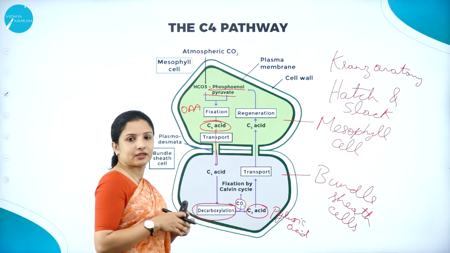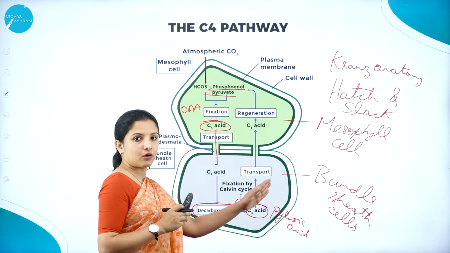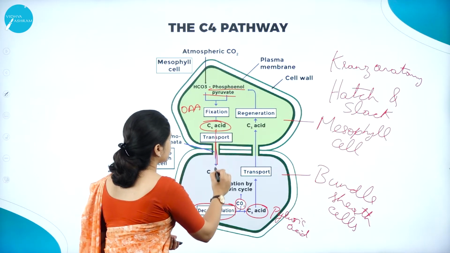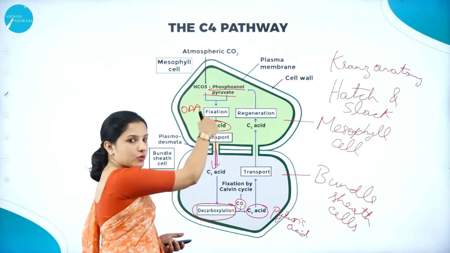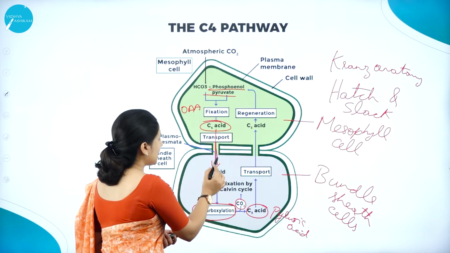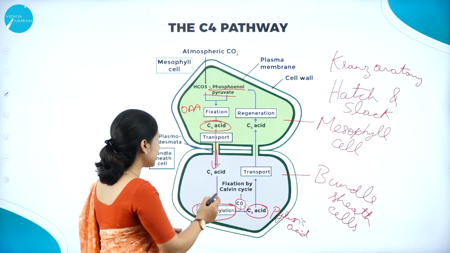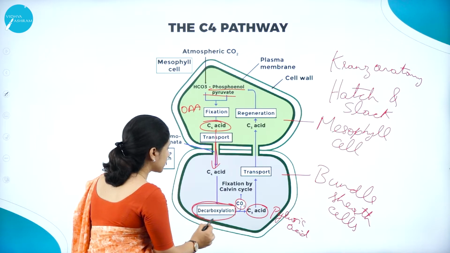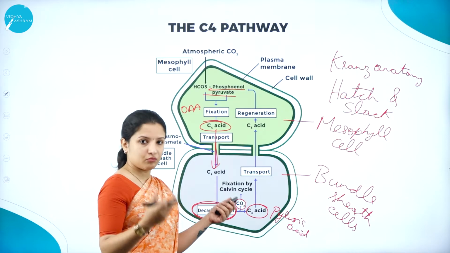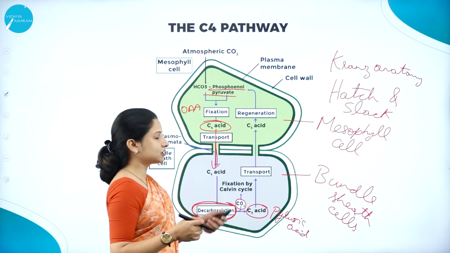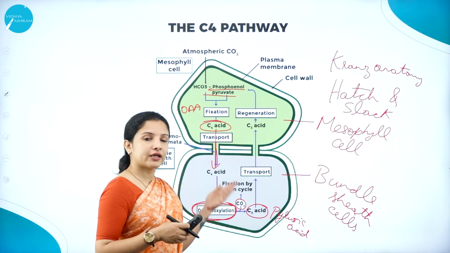That oxaloacetic acid will be transported into the bundle sheath cell, which has been formed into a compartment, through plasmodesmatal connections. So these are the plasmodesmatal channels through which they get transported, and that C4 acid, which is nothing but a 4-carbon oxaloacetic acid, will undergo decarboxylation, wherein the carbon dioxide molecule will be removed from it, and this carbon dioxide will be utilized later for fixation by the Calvin cycle, because for the Calvin cycle what